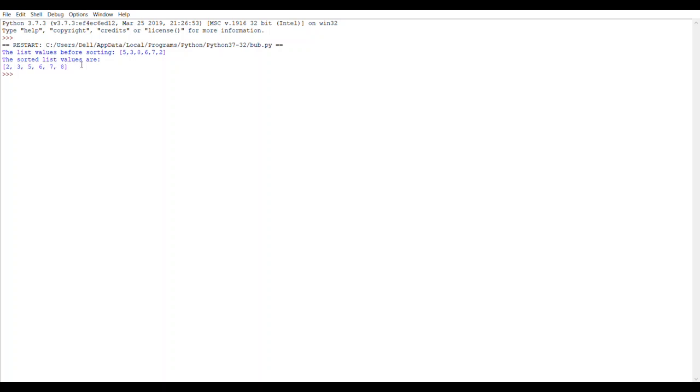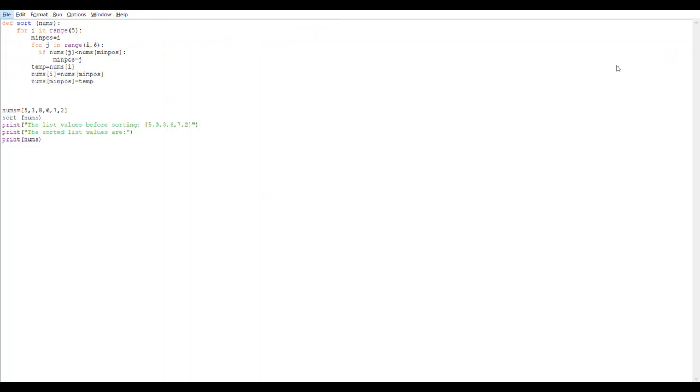Now we will check how the values are sorted. What is the procedure happening behind the screen? In order to see what is happening behind the screen, we have to add a simple statement in the Python program, that is print nums.